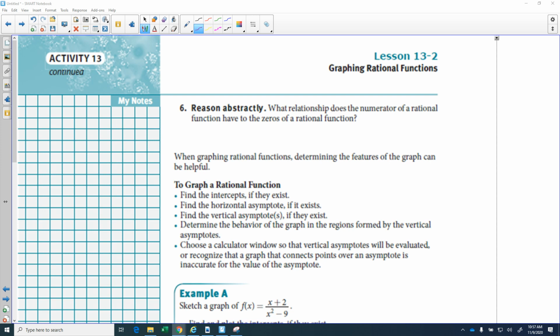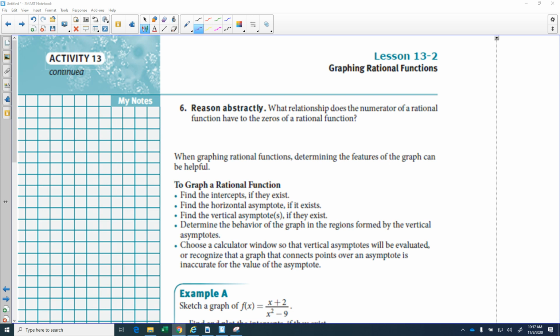So the thing I really want you to focus on, not necessarily actually graphing it, is how do we find these pieces? Okay. With the setting being remote learning, I don't really care about the graphs themselves. Okay. Any one of you could plug it into a graphing calculator, Desmos, or things like that. The key thing that we want you to look for is actually how to gather